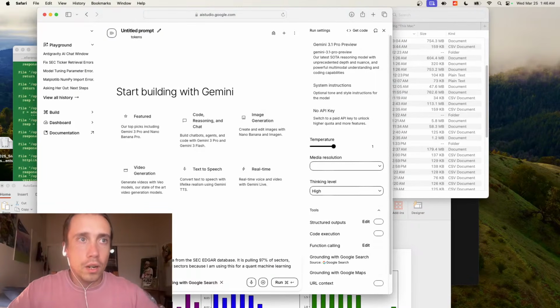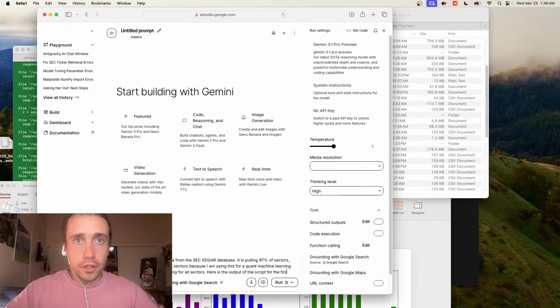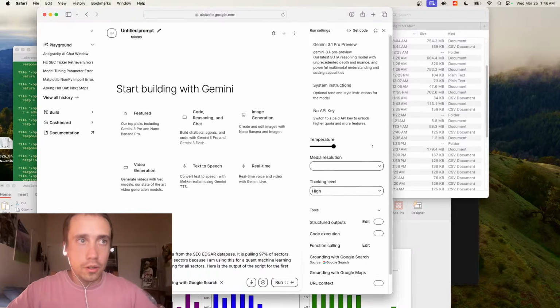Assess why it is not working for all sectors. Here is the output of the script, for the first ticker I'm trying to get.